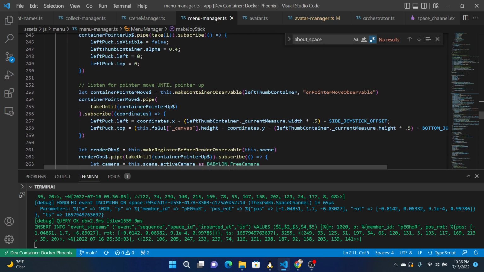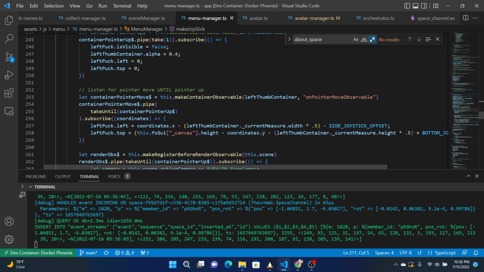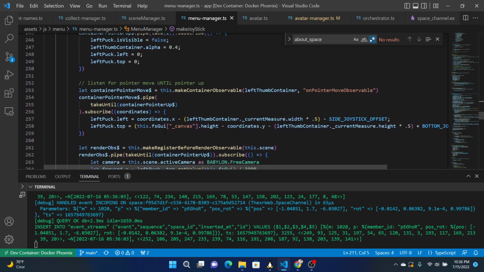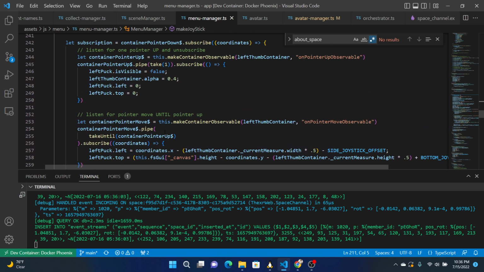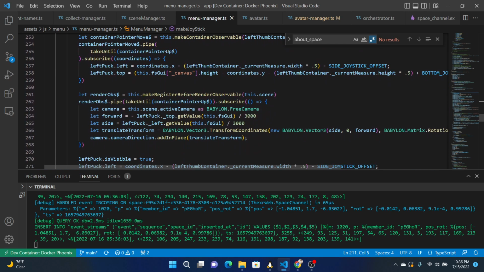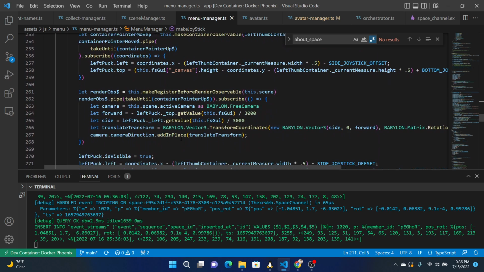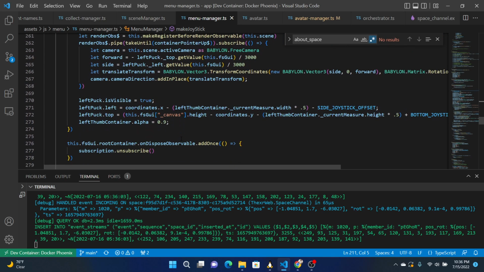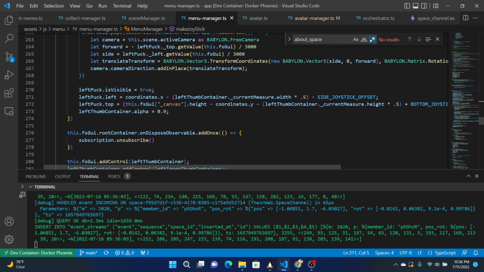We get pointer move, and we take until pointer up. And then make register before. So this actually moves the camera around. And then we